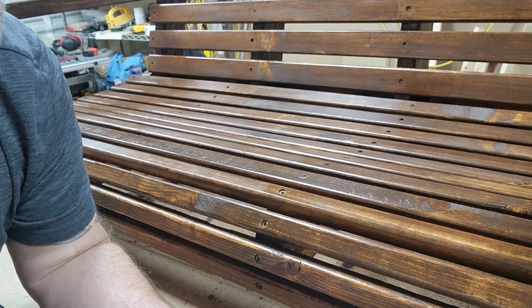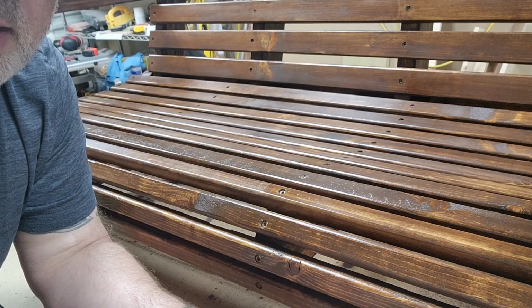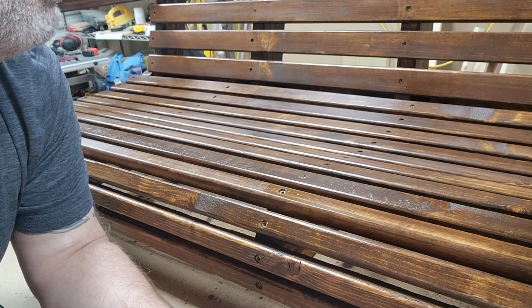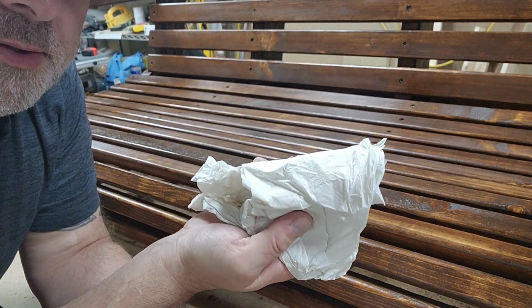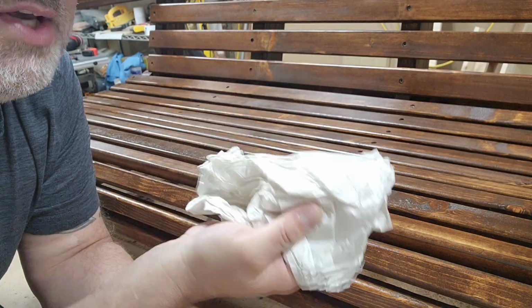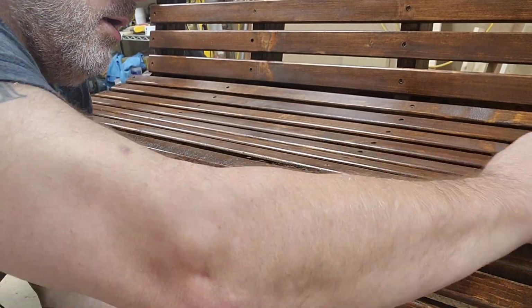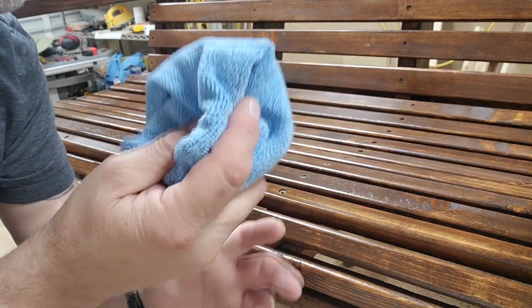Now, I ended up putting a coat of shellac, a really good, nice, thick coat of shellac all the way around it, which kind of helps seal that color, right? But we're going to knock down some of the grain by rubbing, not hard, but a little gentle, because we don't want to sand at this point, right? We don't want to sand. We'll take a little rag,